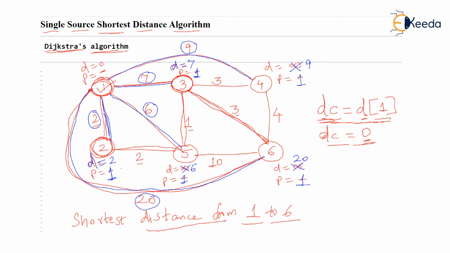I hope you are understanding. So if we are processing vertex 2, we will tick this indicating that this is getting processed. Now, are we missing out something? Yes, I think. What did we say always? That in any step, whenever we process any vertex, we will consider DC. That's a very important variable.